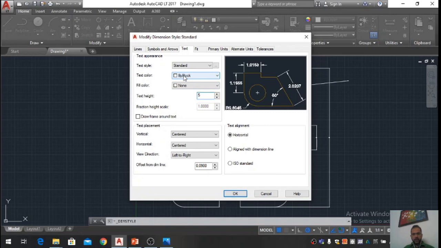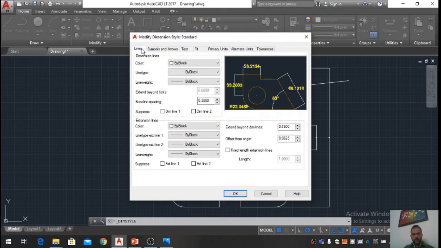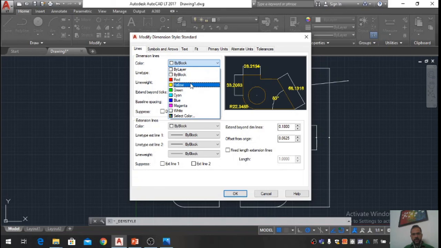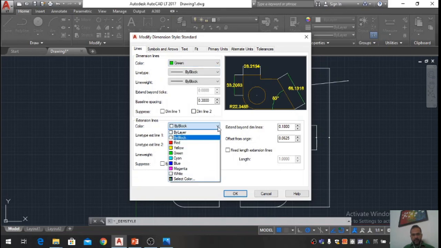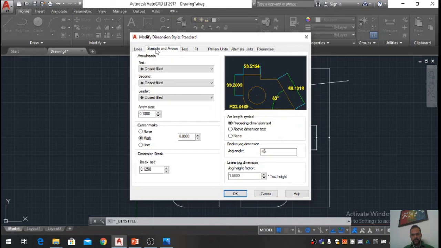And then we can change the color of the text, maybe yellow. Similarly, we can change the color and size of arrows. We can also change the dimensioning line color, maybe green, the extension line maybe something else, and even change the arrowheads.